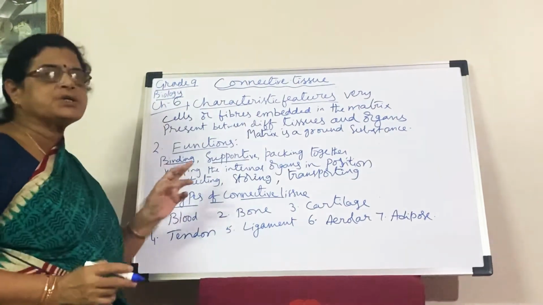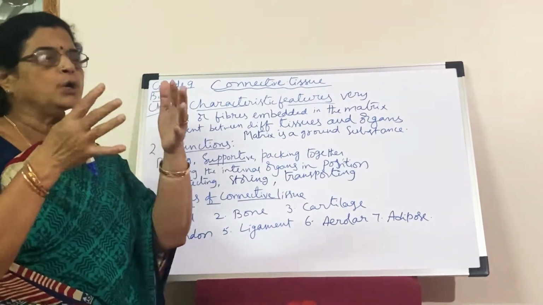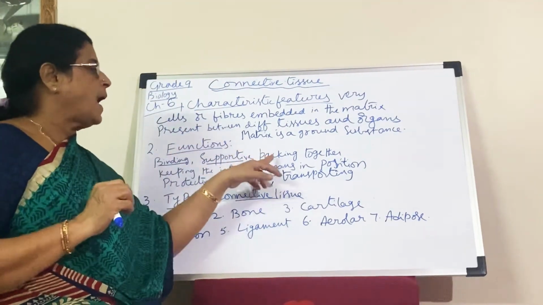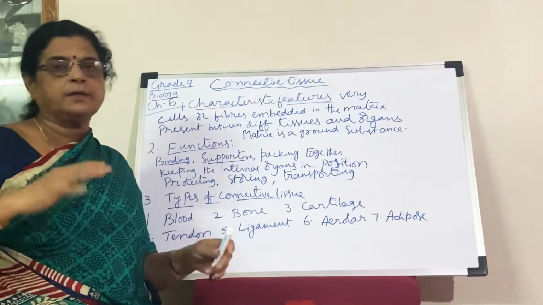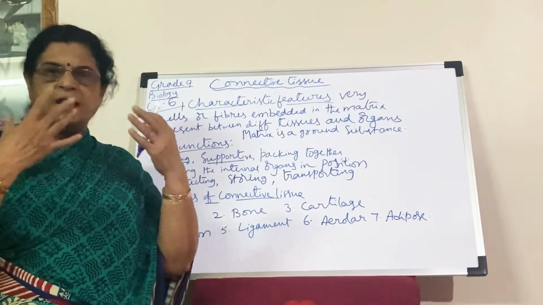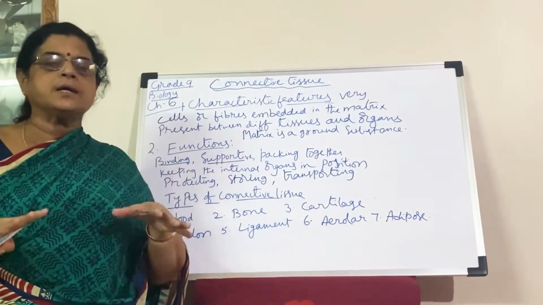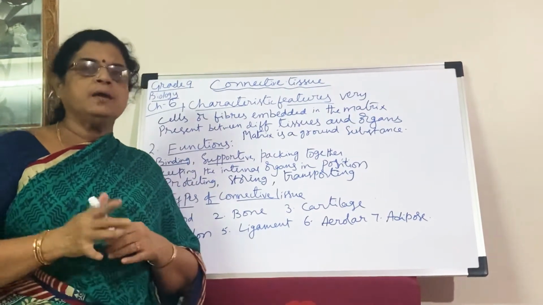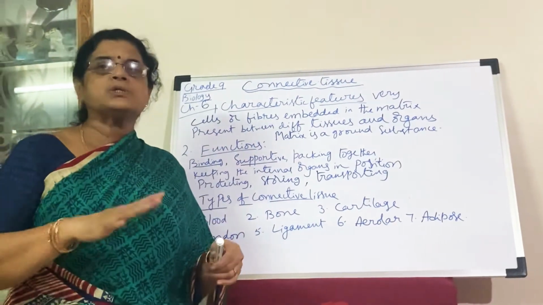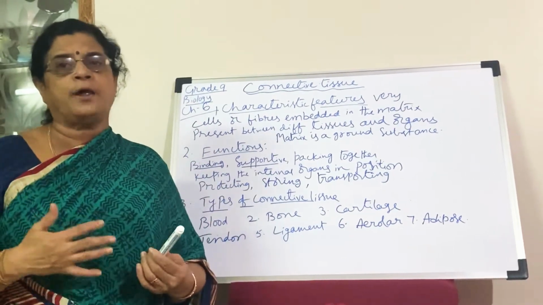Coming to the functions of the connective tissue, first it is binding. Binding means two organs are bound, connected. Binding, supporting and packing together. We know that in our body many organs are present: heart, liver, kidneys. When you stand straight, your posture is straight, the organs are in position. But when you are doing exercises, upside down, tilting this side, that side, the organs are not tilting and moving their position from left to right or top to bottom.